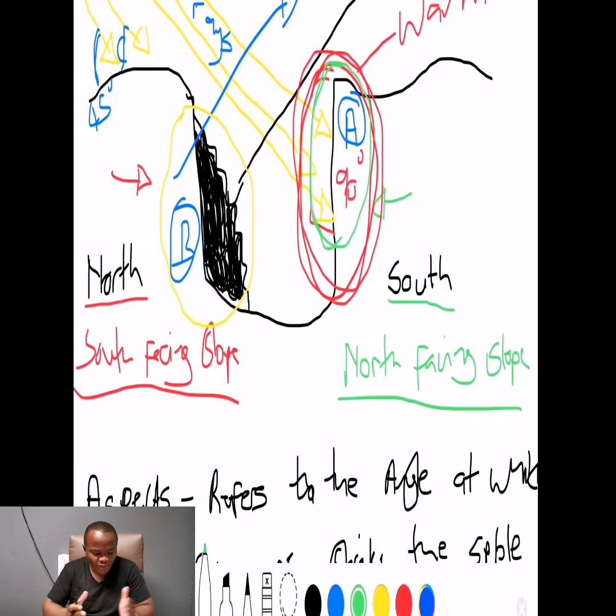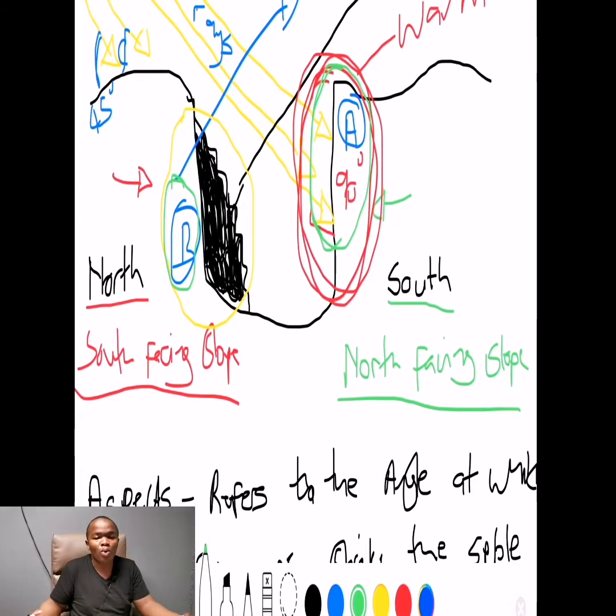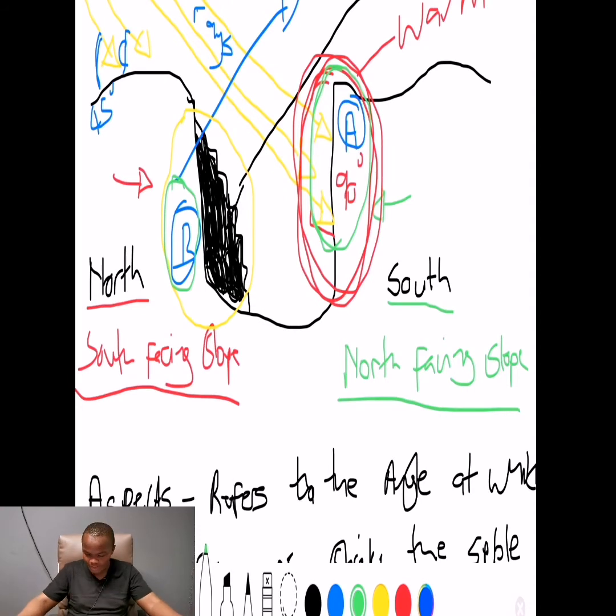Again, citrus fruits that have thick skins can be cultivated on a cooler south-facing slope, meaning that oranges can be planted at area B, at this area. Why is this the case? Because they have a thick skin and they are able to grow in cooler conditions, even in the winter season.